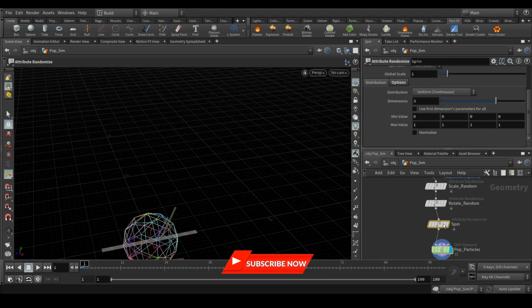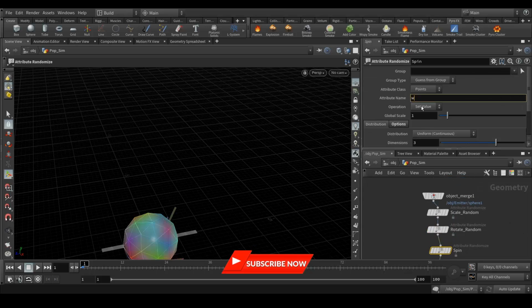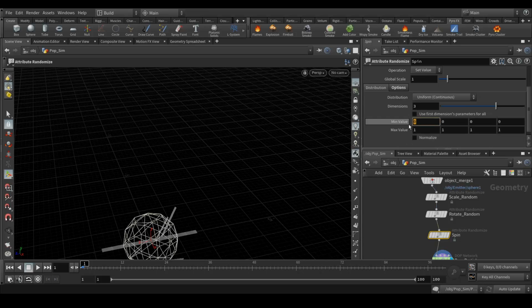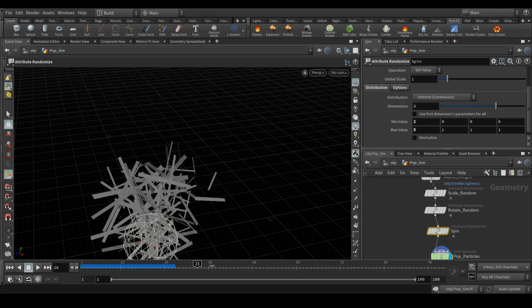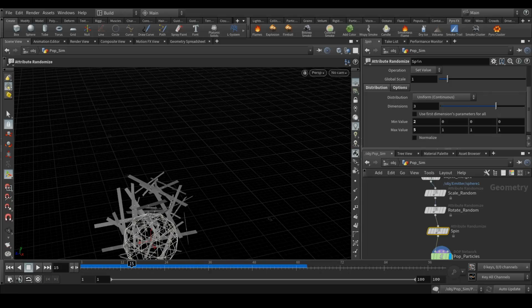To change the spin, what we need is instead of CD we need a W. So the W angular velocity to create the spin. Here we need to change a few parameters. The minimum will be 2, and the maximum will be 5, and that's it for the spin. And now you can see that they are spinning. I'm getting the spin